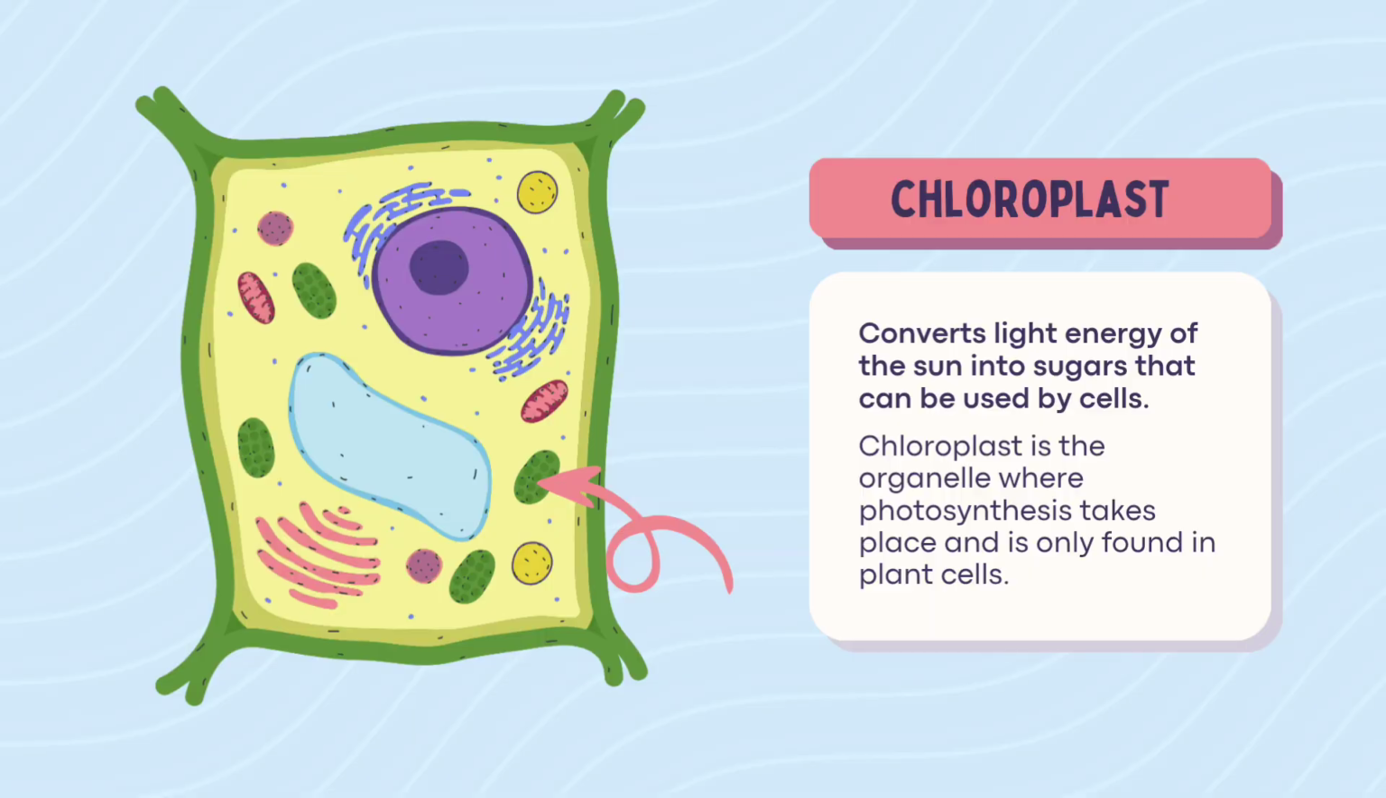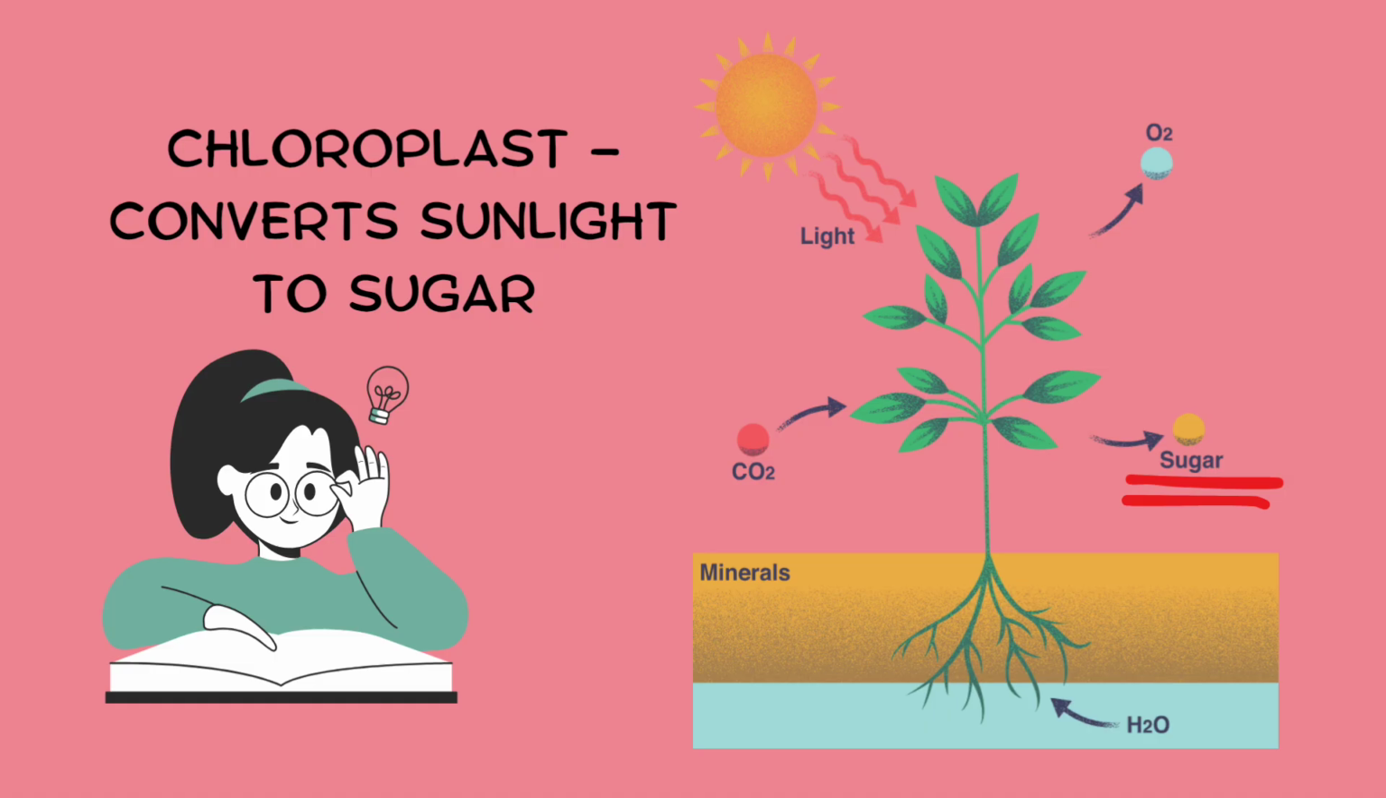Next is chloroplast, found only in plant cells. Chloroplast converts sunlight into sugar that can be used by the cell. This process is called photosynthesis. Think of chloroplast as solar panels that capture sunlight and turn it into energy for the plants to grow and